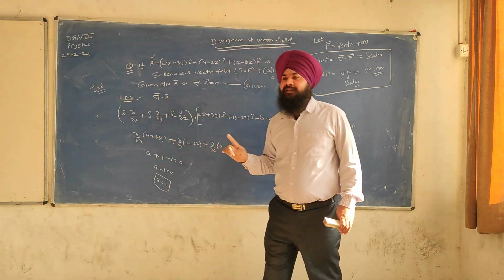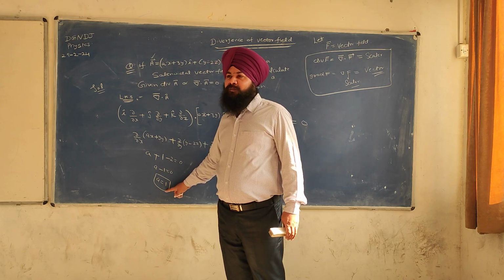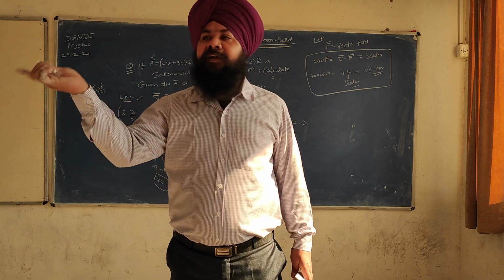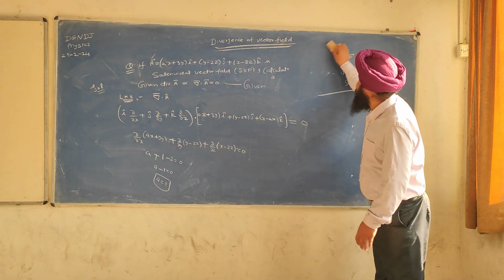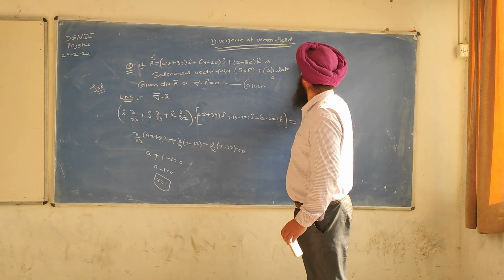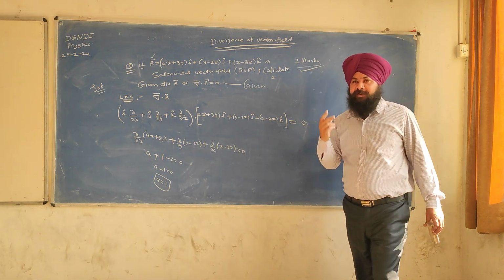Wrong. हिंदी वालों के लिए अगर आपका यहाँ पे आंसर -1 भी आ गया या 2 भी आ गया तो डाइवर्जेंस 0 नहीं आएगी. You can verify in both ways. Okay, so this is an important numerical. तो ये भी 2 मार्क्स पे आता है. The capacity of 2 marks.